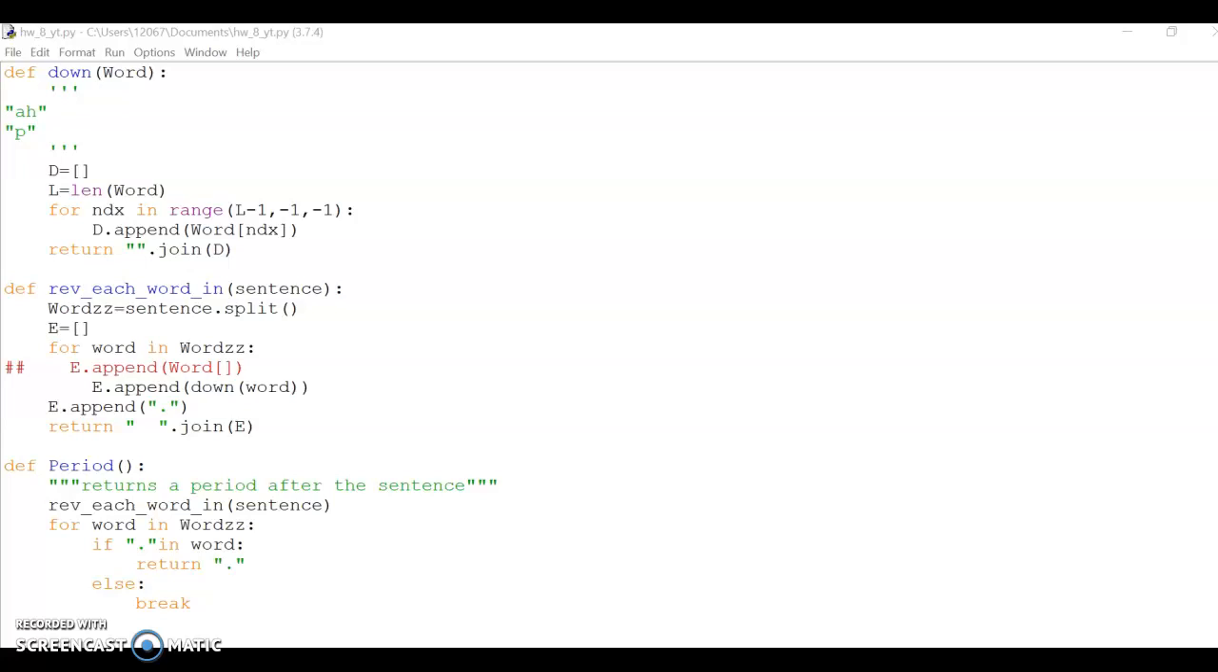My name is Samira and today we're going to be working on one of the exercises for chapter 8. In chapter 8 it tells us to write a function, rev each word in sentence, that takes a sentence of words that may or may not have a final period and returns the sentence where each word is reversed. So basically, in order to do this, we have to make another helper